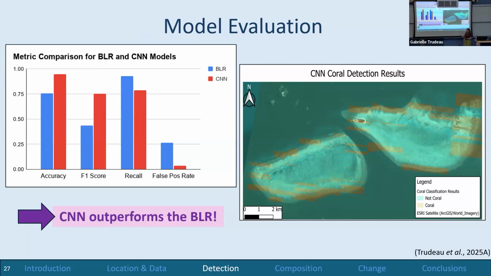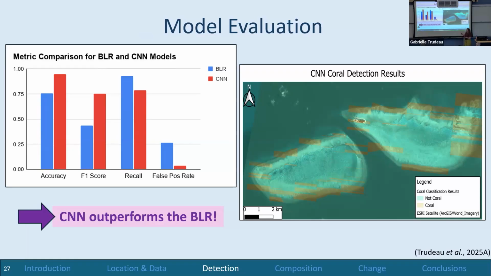It's a more complicated system. But let's talk about recall for a second. Recall is the measure of the true positivity rate. So essentially, of all of the possible coral classifications, how many of them did we get right? F1 score is actually a balance of precision and recall, where precision is, of all of the things that you've predicted to be coral, how many of those were right?